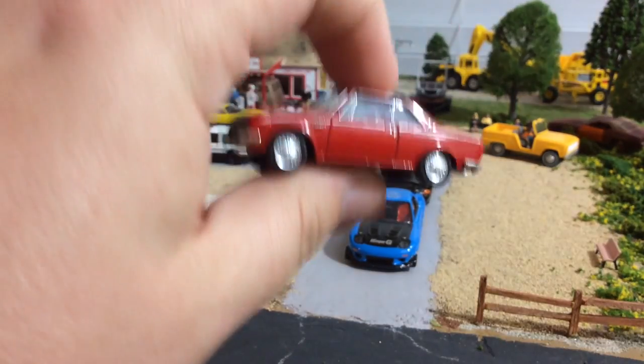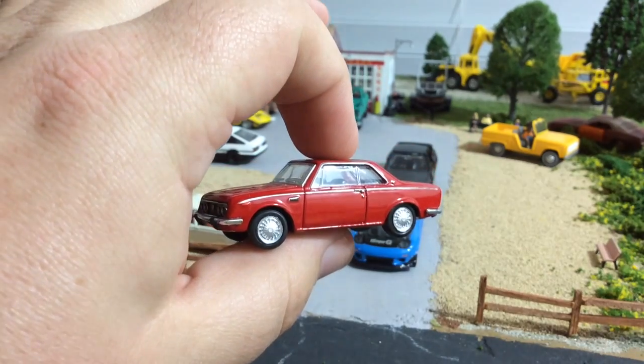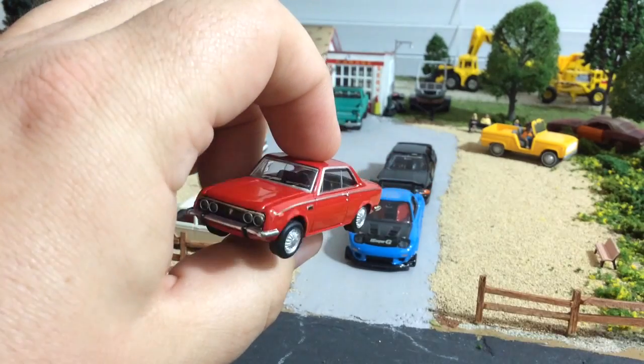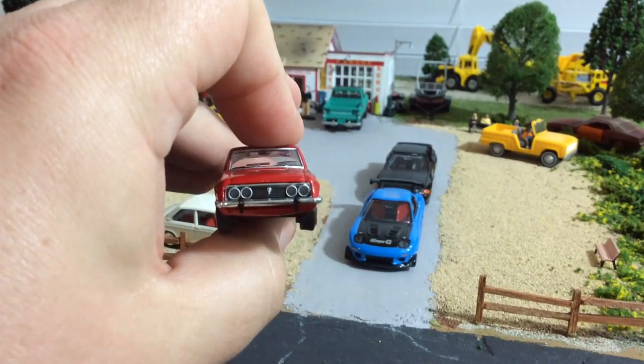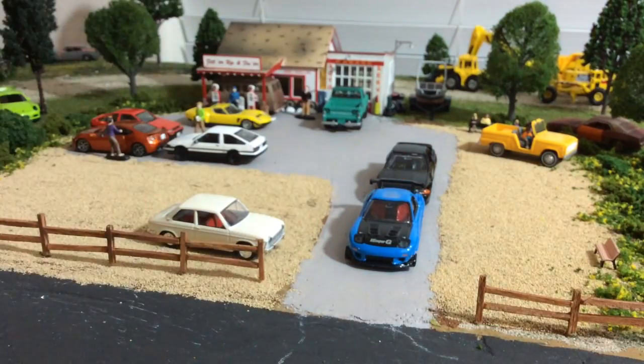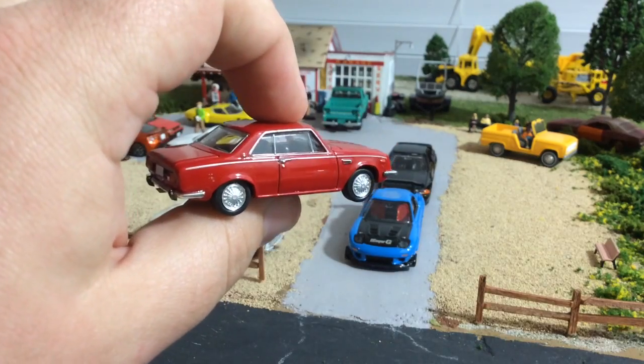1967. This one's pretty heavy for being a Konami. They feel pretty light for the most part, but this one feels a little bit heavier. But they are true to scale, so they are kind of small. I don't know if that's a paint flaw. Looks like a small paint flaw there on the